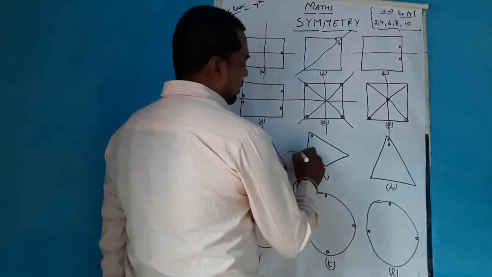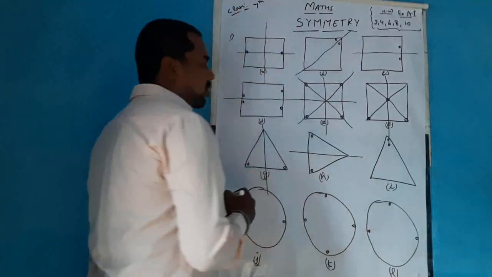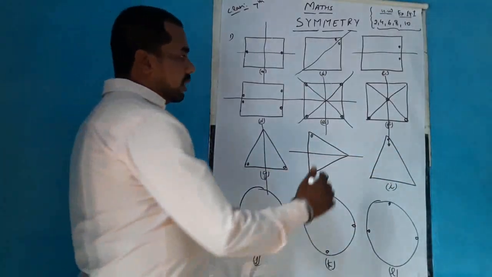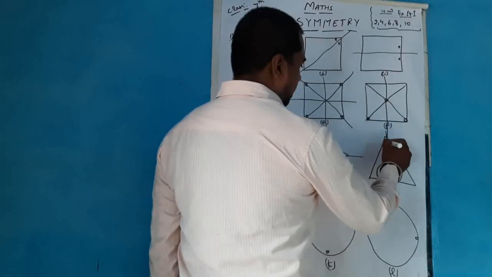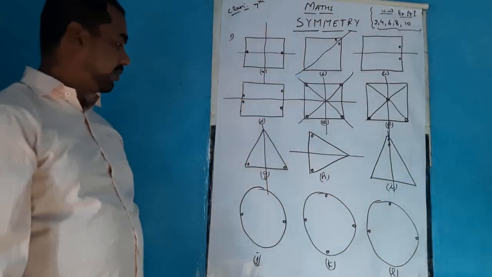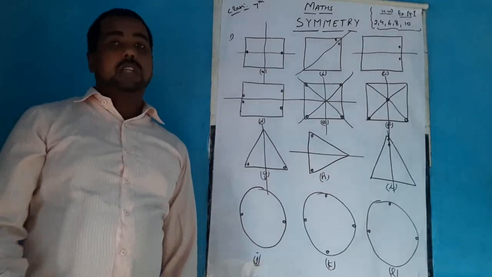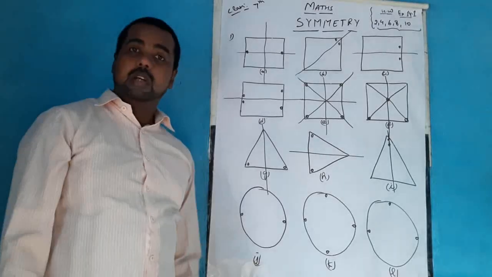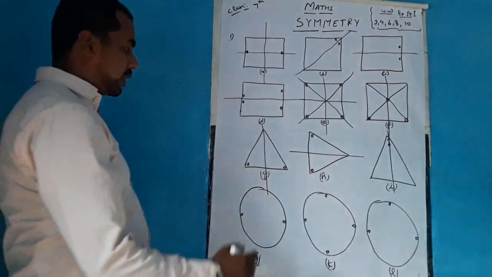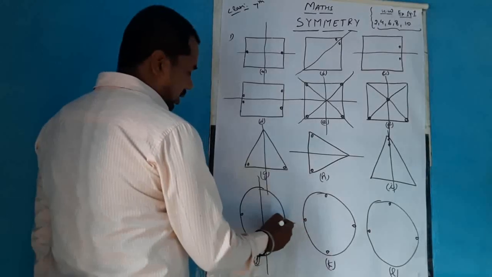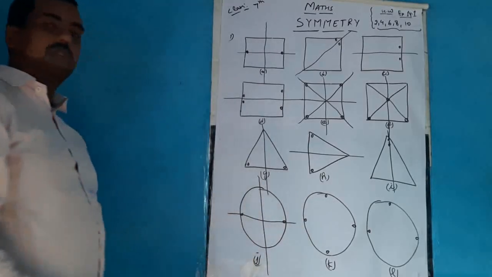And as in this triangle, we can draw a particular horizontal line of symmetry. Same way, when you come to this figure, there is a possibility of drawing a vertical line of symmetry. Now although a circle has infinite lines of symmetry if the dots are not given there, when the two dots are given, there is a possibility of drawing a vertical as well as a horizontal line of symmetry.